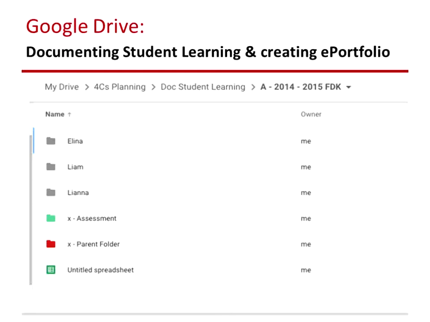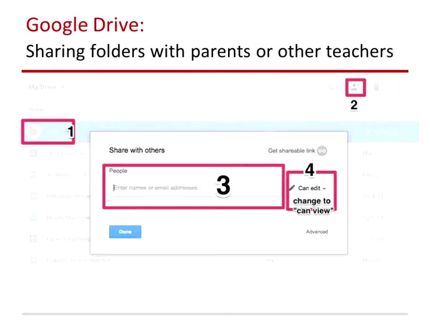I've actually expanded that whole documenting student learning folder here for you so you can see it clearly. This is one way of organizing your folders. So you've got your kids, and within each kid, I have a subject folder. I know it sounds a little overwhelming for some, but as you start playing in the environment, you're going to find what works best for you. What I'm providing you with is just a sample of how you can go about setting up your classroom, but I don't want you to feel like it's the only way to do it. You have to play around and figure out what works best for you.